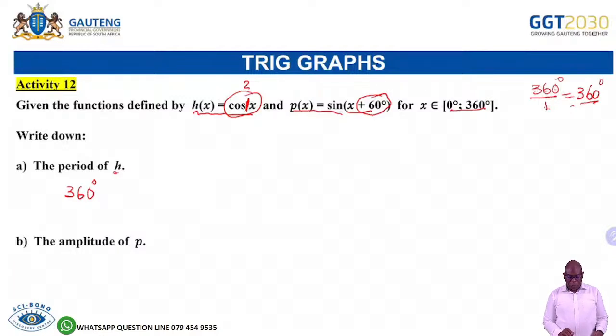What is the amplitude of P? So remember, that is your amplitude. How high will that graph go, and how low will that graph go? It is the top minus the bottom divided by 2. So when you draw the graph, you must also learn that. So in this case, the period of that graph there will be 1. Right. Okay, so now